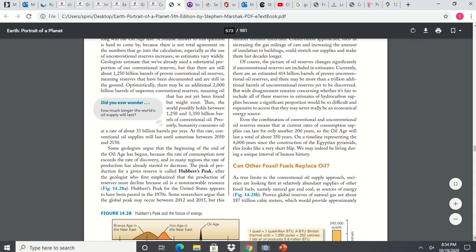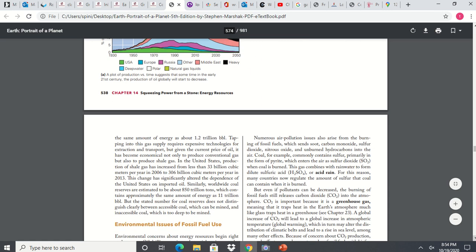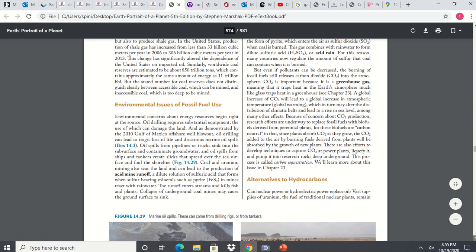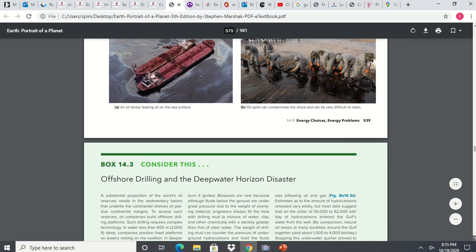And then this is kind of interesting, asking about other fossil fuels replacing oil. Highly unlikely. Things are going to have to change. Any kind of fossil fuel is going to be bad for the environment. And we're already seeing that when we change the climate, we change the environment. Again, we'll talk about this at the very end of the book in a lot of detail. But when we change the environment and the climate, it's going to cost us more with all the effects of that than it would to change the kind of energy we're using. So it's important to think about all the factors before making a political decision about what we're going to do there.